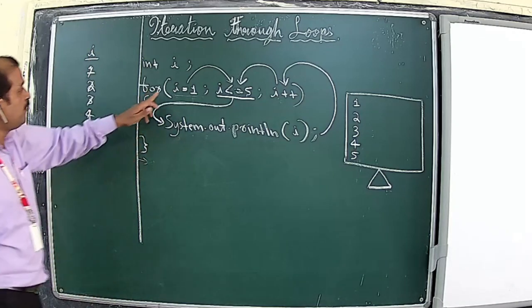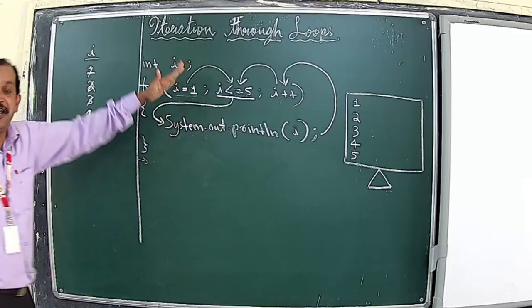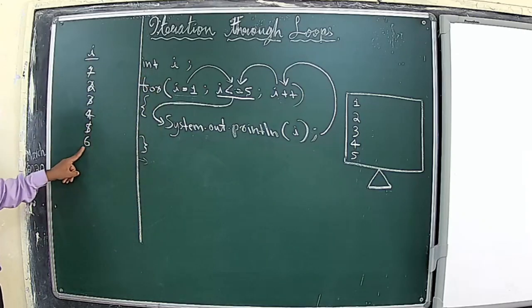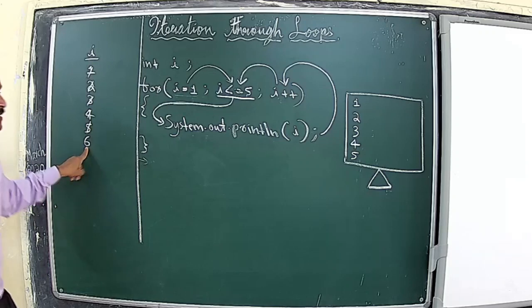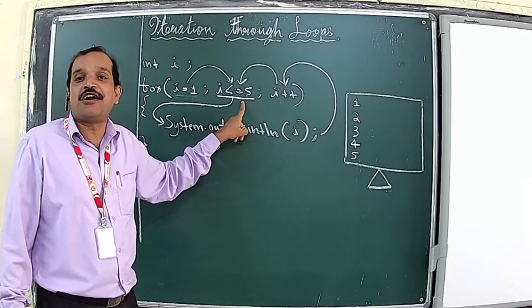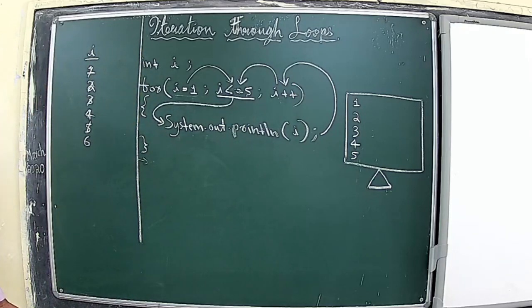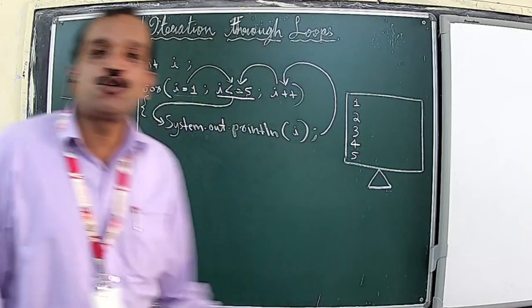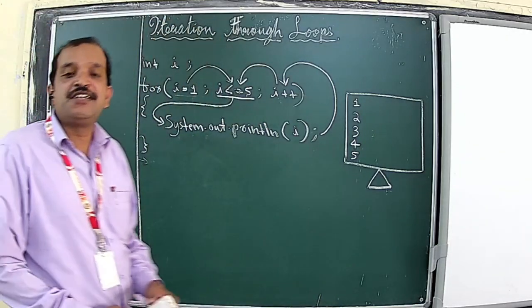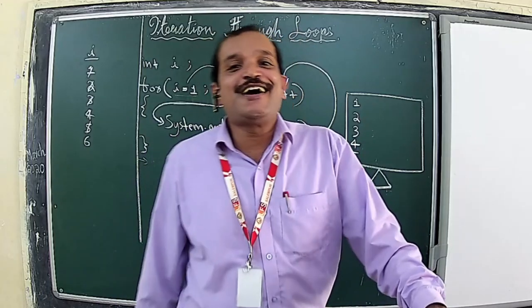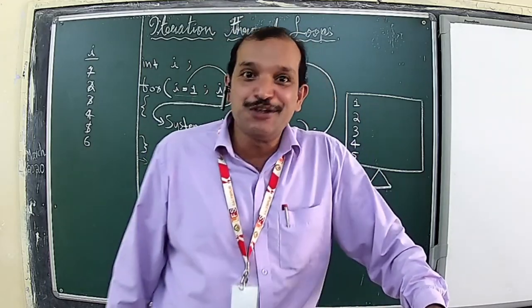Initially we initialize with 1, and definitely when the loop is terminated, the value of this loop control variable is something that makes this test expression false. So keep remembering this as we proceed further. I hope you have already noted this down. So definitely we are going to proceed to our next example. I hope your notebook and pen are ready with you.